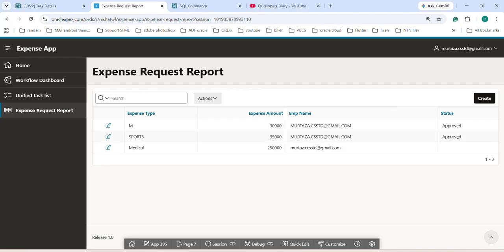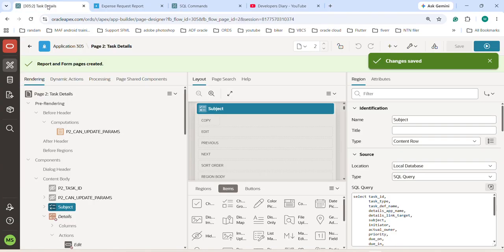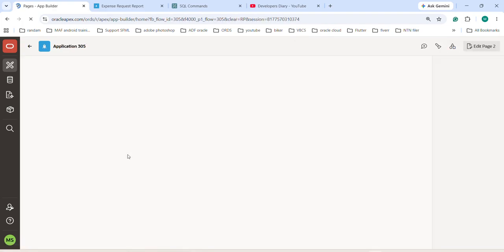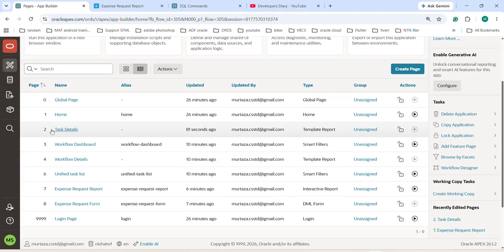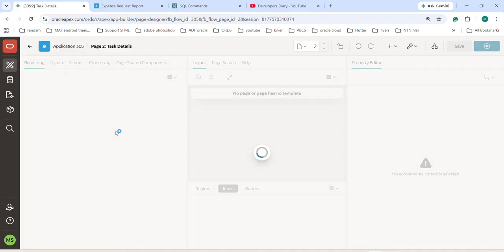Also, we have another option here. Currently, the admin user is unable to see the details of the expense amount and the approval. So how can we achieve that the approval person can also see that information? So we shall go to the task details. That is page number 2 that has been created when we create the task definition. Go to the task detail,